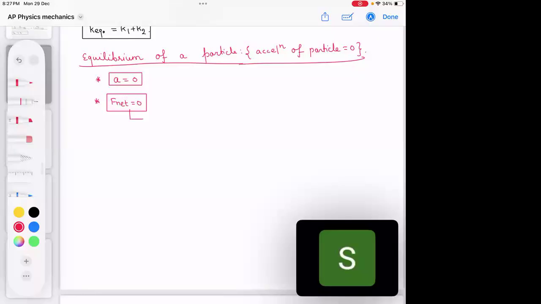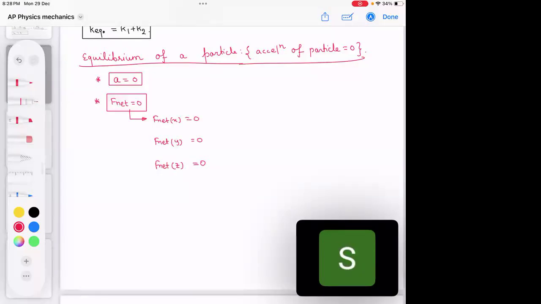And net force, when we are writing, can we write it? Net force in x direction is zero. Net force in y direction is zero. And another thing, net force in what? Z direction is also zero. So if net force is zero, that means what? If you want to make net force zero, sometimes only one direction is involved,